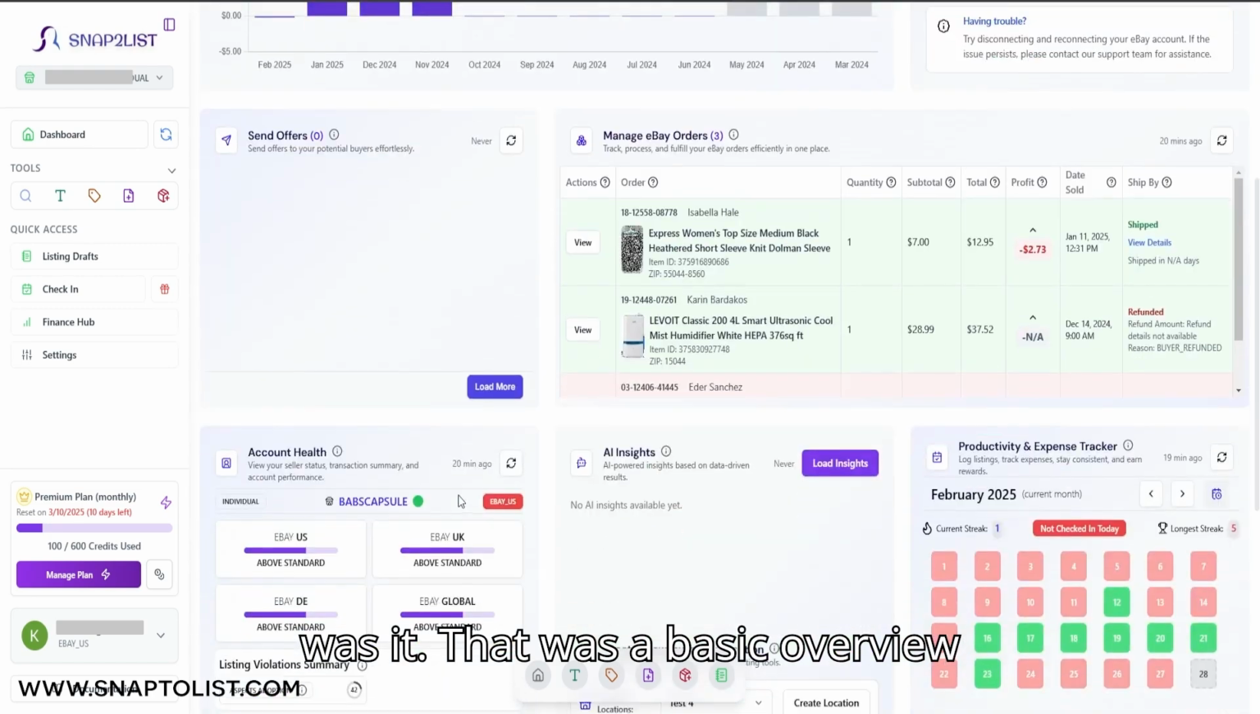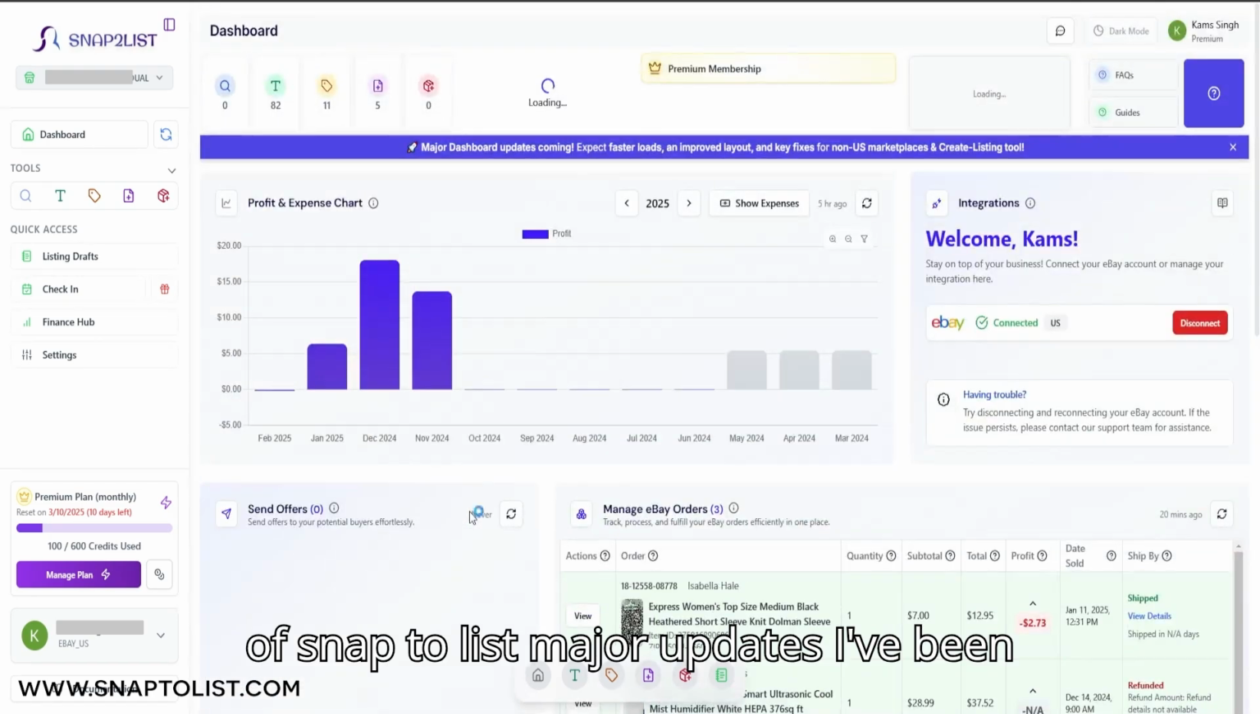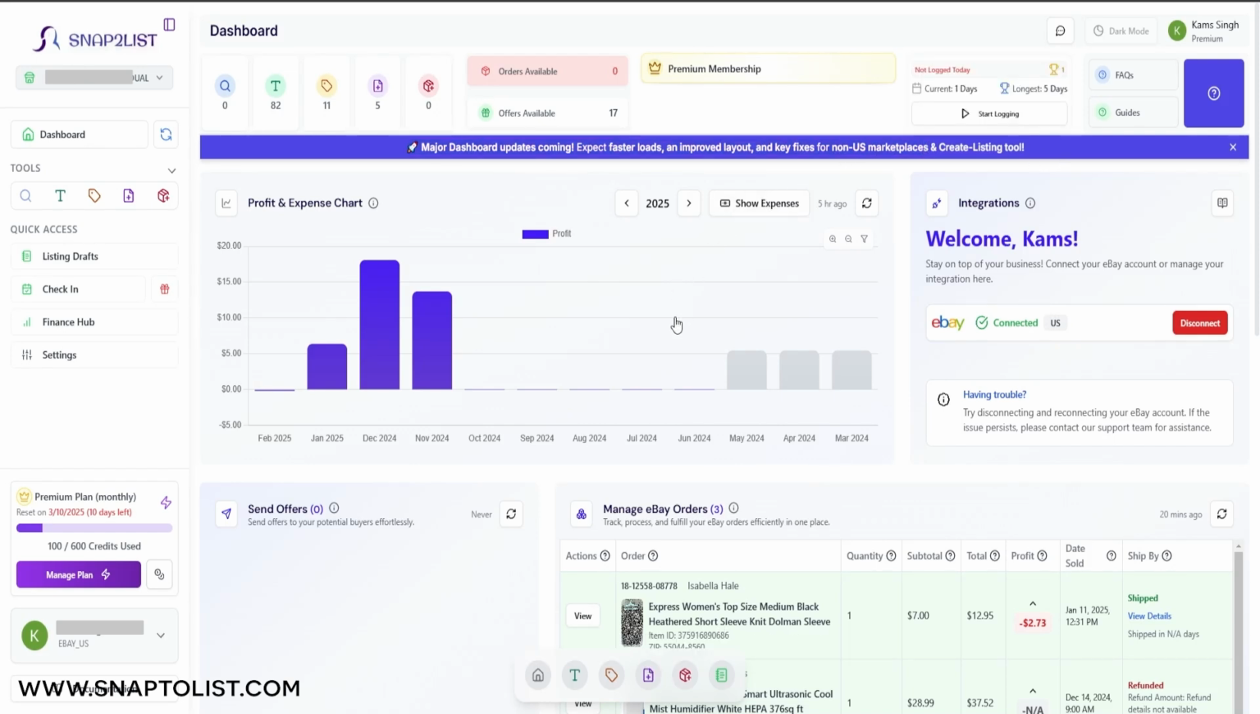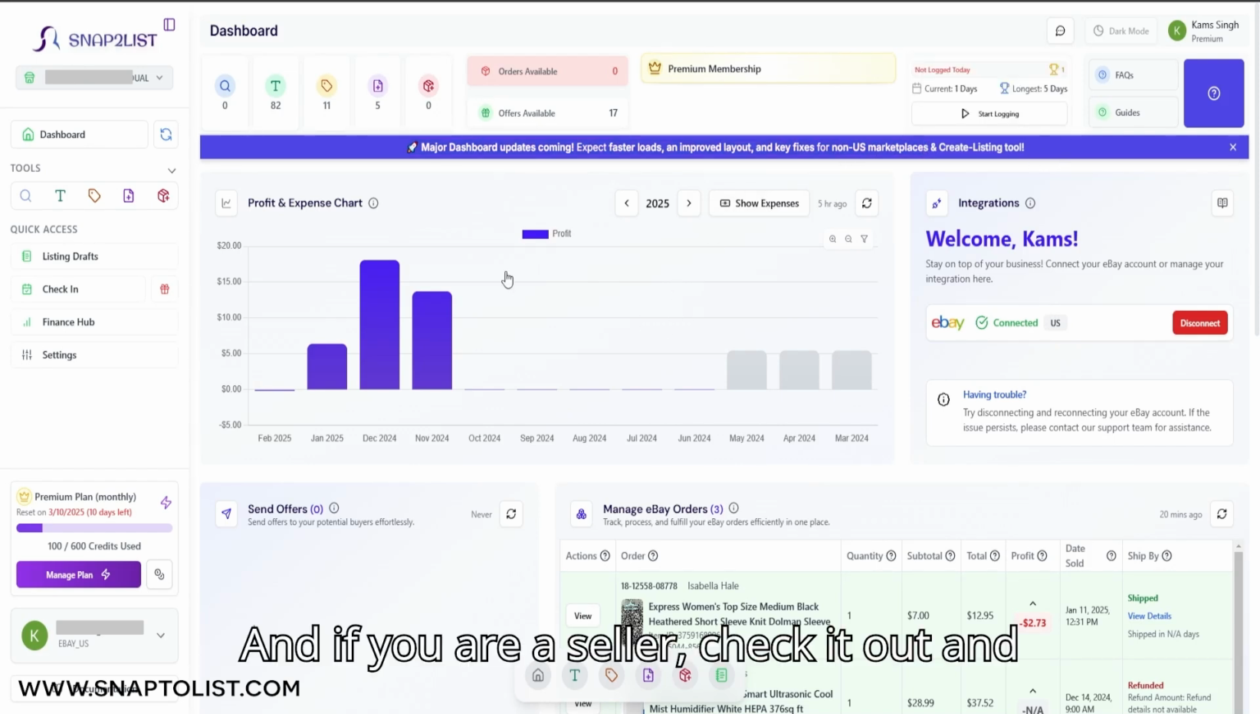So that was it. That was a basic overview of Snap2List major updates I've been doing for the past month. And if you are a seller, check it out and let me know if